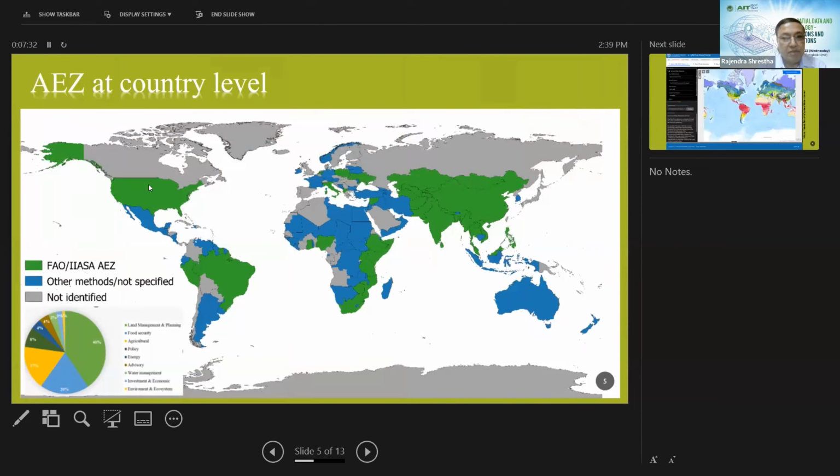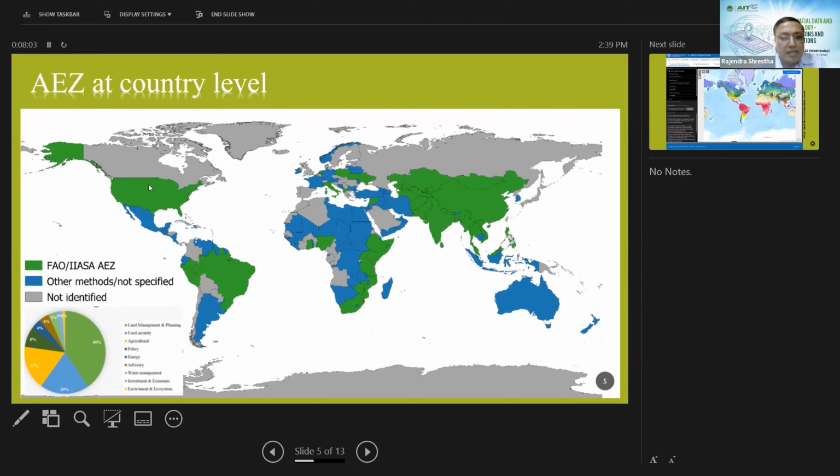Now, as I said earlier, we did the studies because in the last 40, 50 years, we have had the methodology available. In the early days, people did not necessarily use geospatial data and technology because the availability of geospatial data was very scarce at that time. Technology itself was at a very infant stage regarding remote sensing, GIS, or GPS. So we did a kind of comprehensive desktop study.